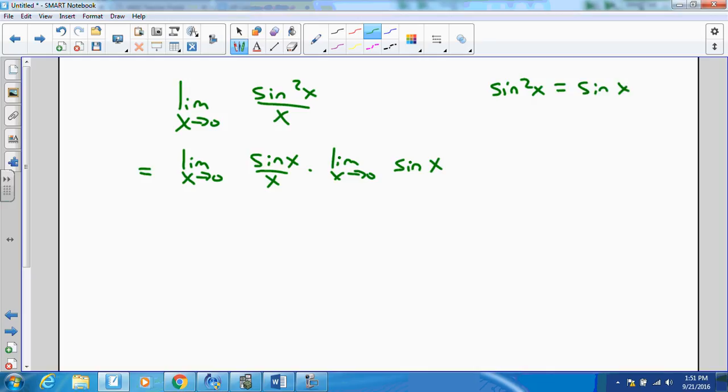It means sine x times sine x. Sine squared x is just a convenient way of writing sine x, squared. And so that means sine x times the sine. All right, go ahead. Now that we've extracted sine x over x,